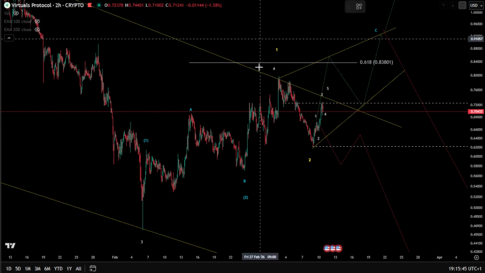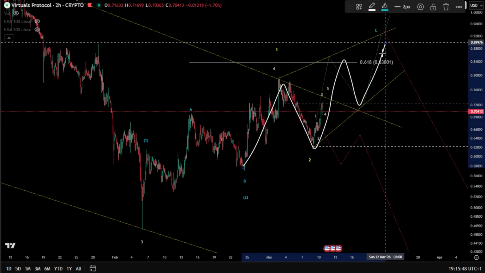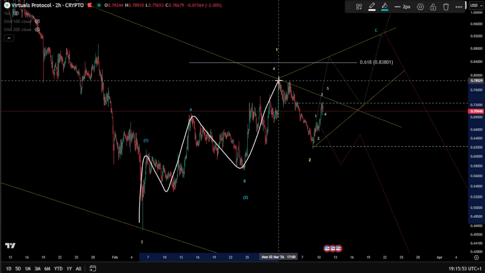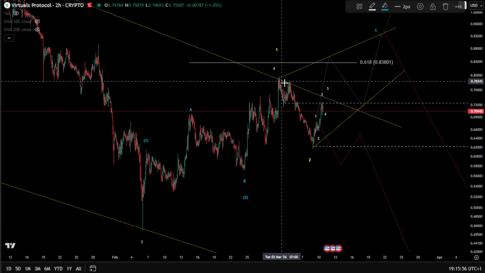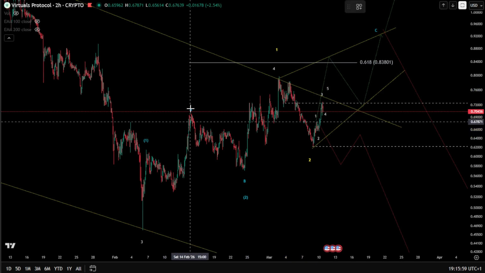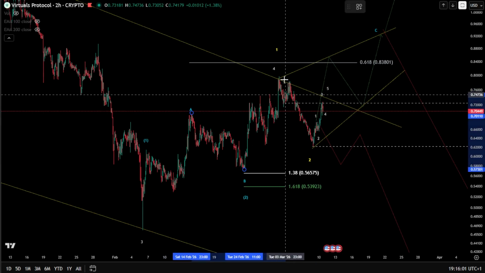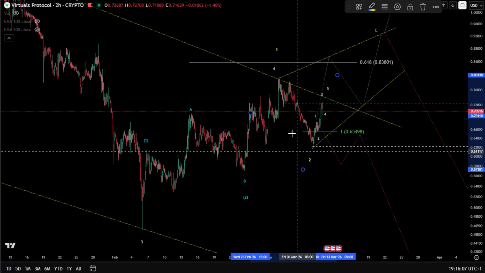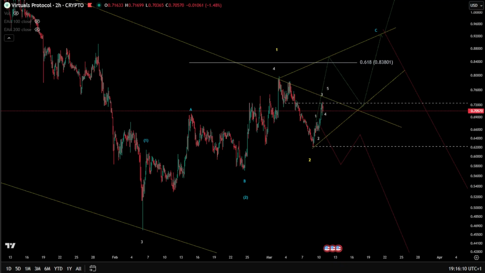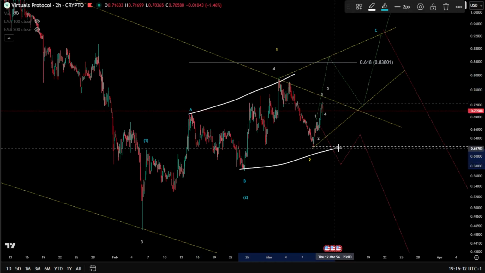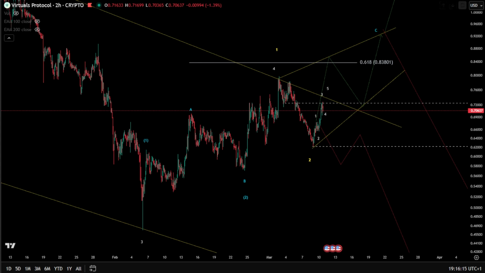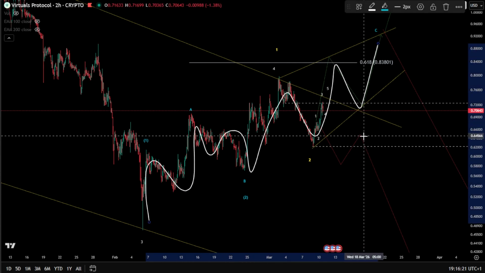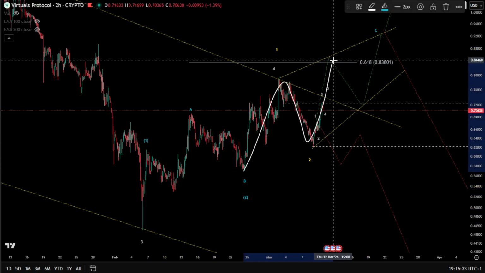Now, if this is happening as a wave C and a leading diagonal, it can be even another A, B, and a C, your leading diagonal starting from there. But actually, your wave 4 here is already longer than your wave 2. If we take the 1-to-1 here, you can see it's much longer, which makes it a rare probability for an expanding diagonal. Therefore, I prefer to take it as an A, B, and a C here, unfolding as an ending diagonal, so 1, 2, 3, 4, and a 5.